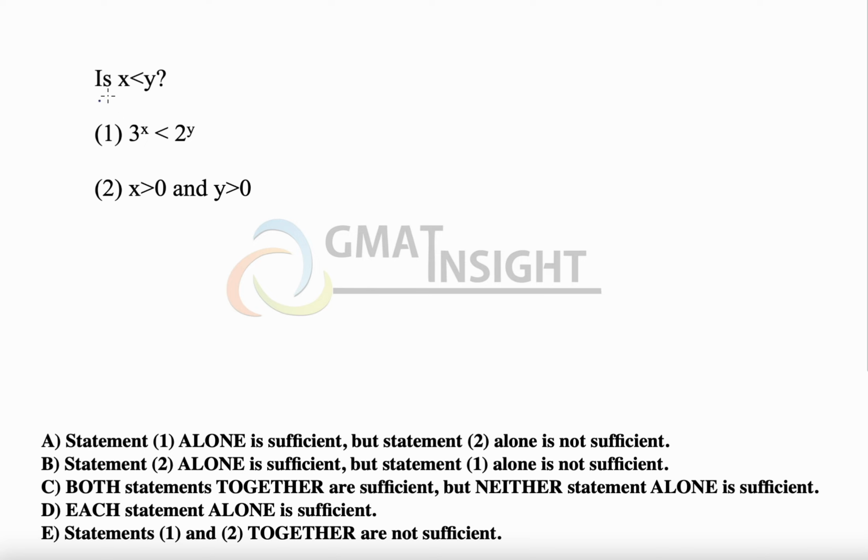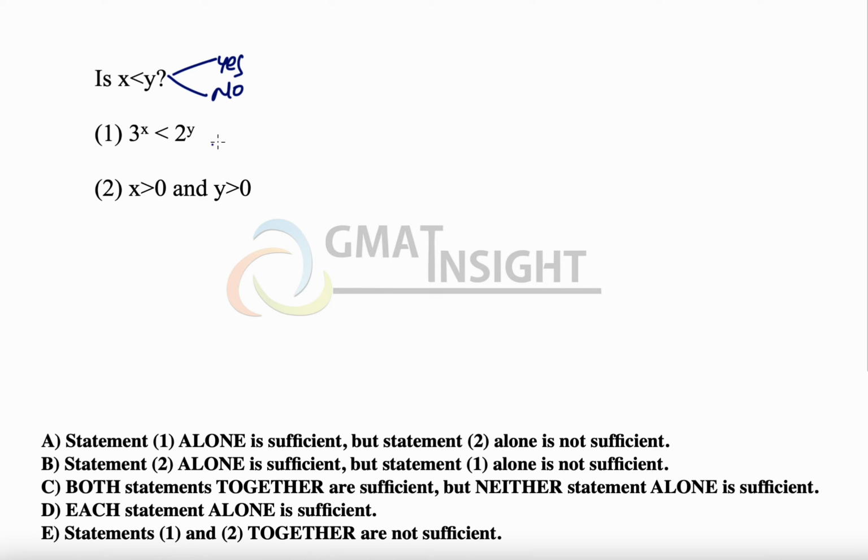Now we have a data sufficiency question, and the question is asking whether x is less than y or not. The answer of the question needs to be given in the form of either yes or no. First statement. Now, here comes the data sufficiency rule, which is our intention should always be to prove the statement